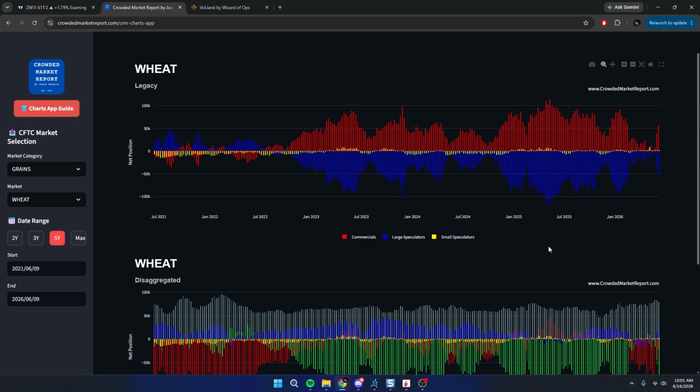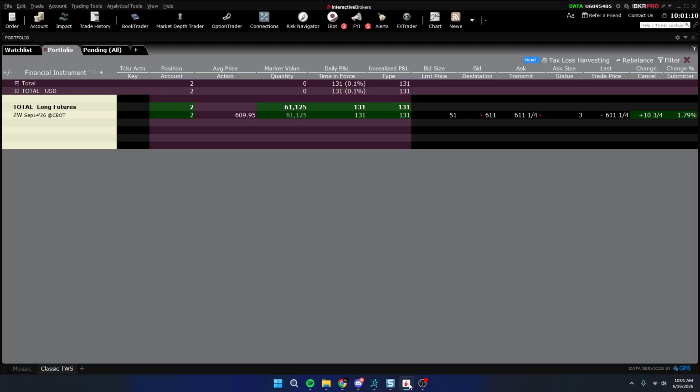So I just put a trade on just a few minutes ago on wheat, which is a commodity. Here's my Interactive Brokers account. The ticker is pretty much ZW for wheat, September expiration. I just have two contracts on. The trade actually is already working for us right off the bat, but I want to explain the premise of